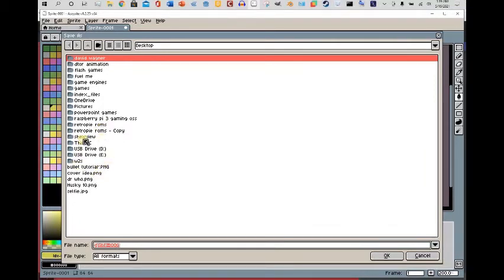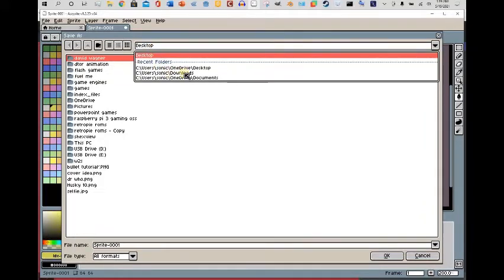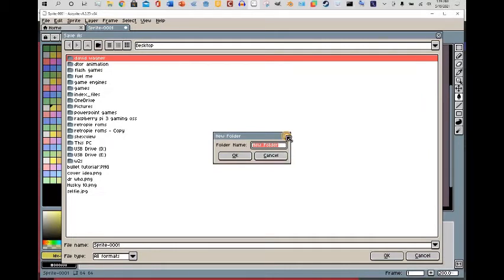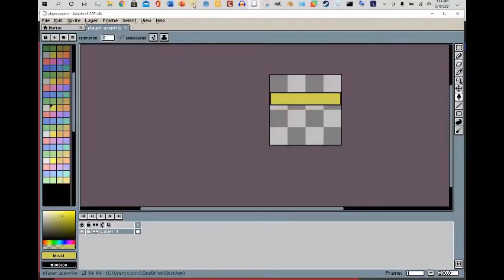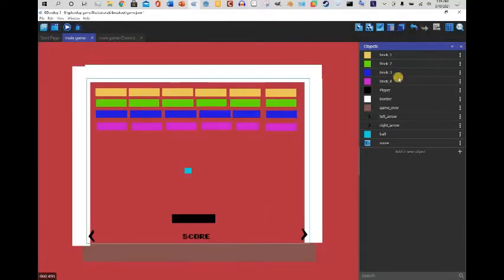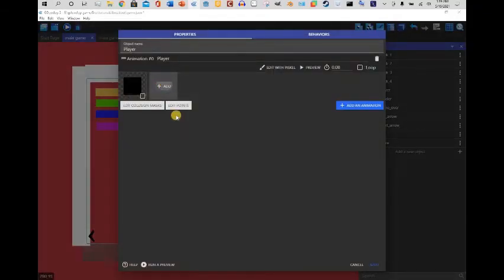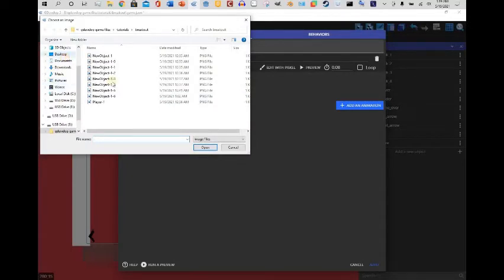I'm gonna save it to my desktop though. I'm gonna call this player. You can make the paddle look whatever you want. I'm gonna hit OK. Now I'm going to take my player sprite, add a new sprite,